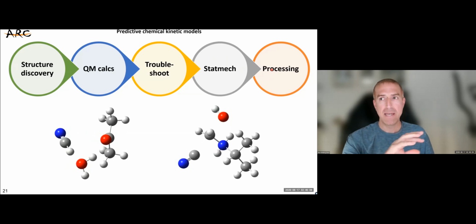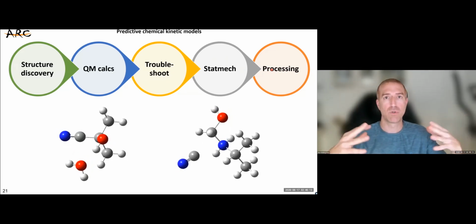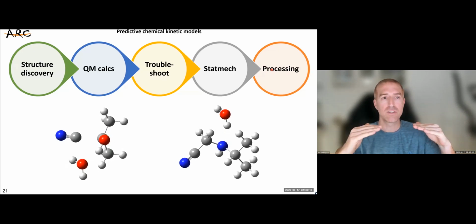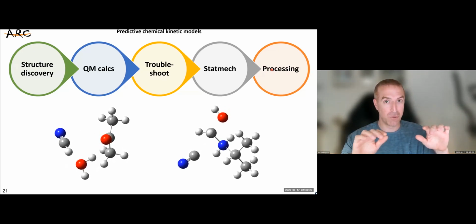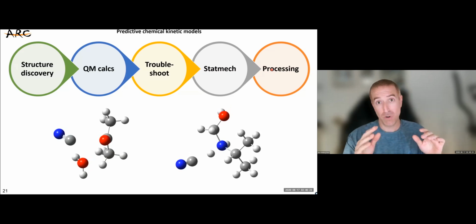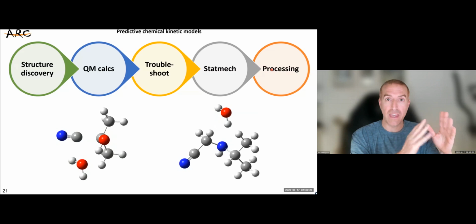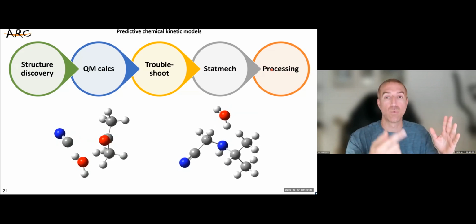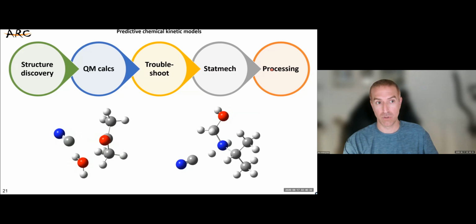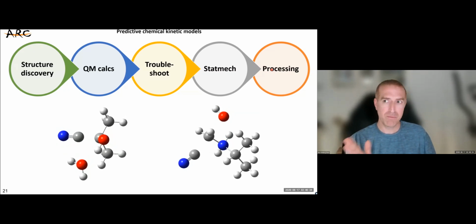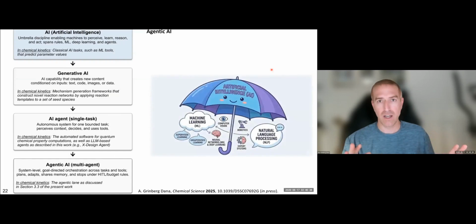These are the basic tools. As I said, we have more software, more layers, and more automation, but these tools are what I call the keyboard. Now we need someone to work with that keyboard, and you guessed right, it's both our students and our researchers, but also the AI agents that can work with these tools to generate predictive chemical kinetic models. So let's jump into the second section of this lecture and talk about agentic AI.